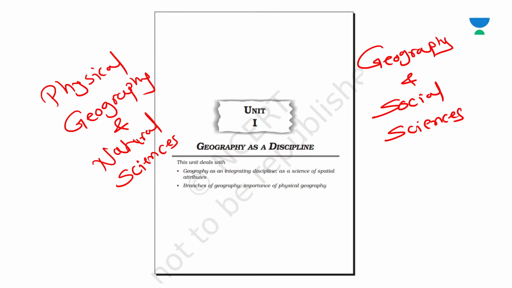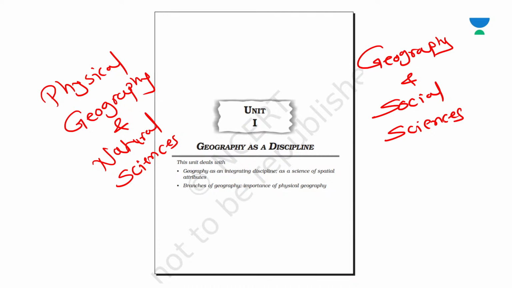So we have discussed the fields of geography like historical geography as history, social geography as sociology, geographical thoughts as philosophy, cultural geography as anthropology, environmental geography as environmental science,